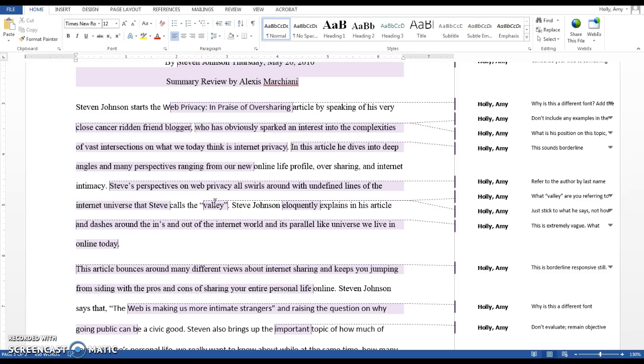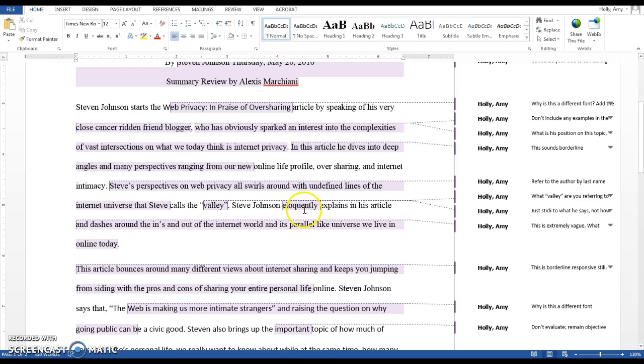Well, he's basically saying we're in a situation where we can become intimate with a lot of people we've never met, and that's a good thing because then we're exposed to more experiences that we wouldn't maybe be able to interact with otherwise. So just put that in your own words rather than quoting him here, because this phrasing doesn't necessarily make sense unless you read the whole paragraph from the article around it to know what it means.